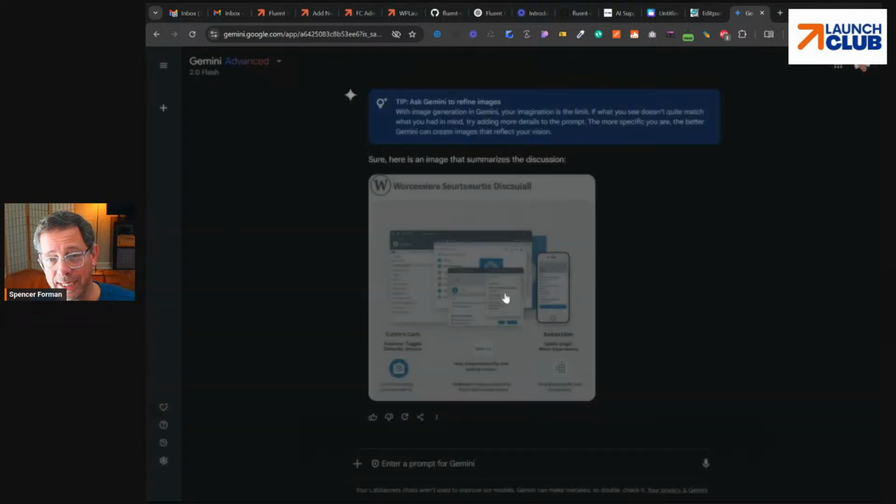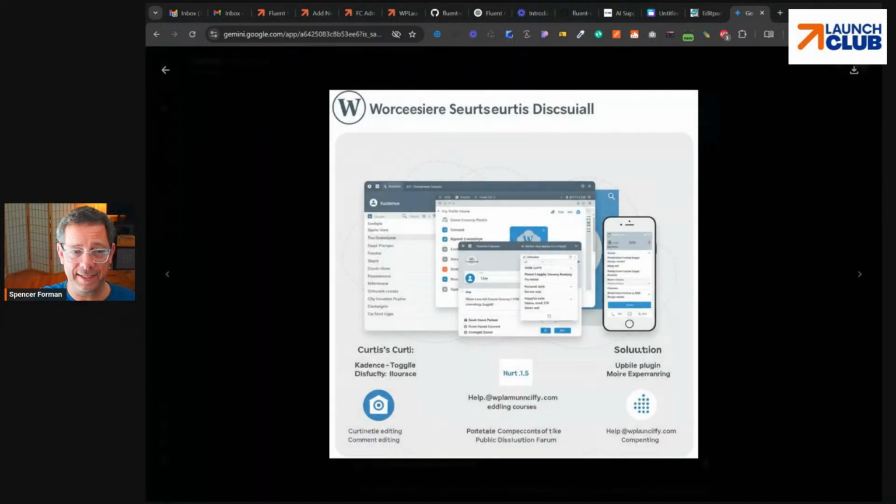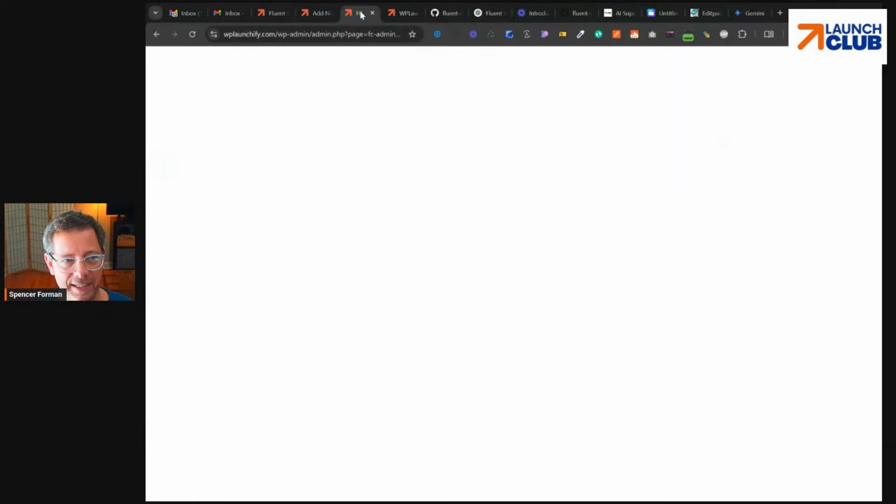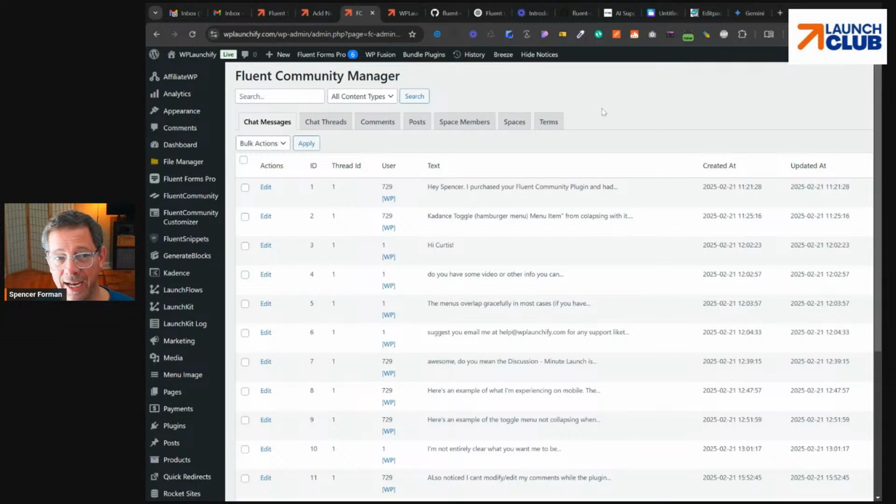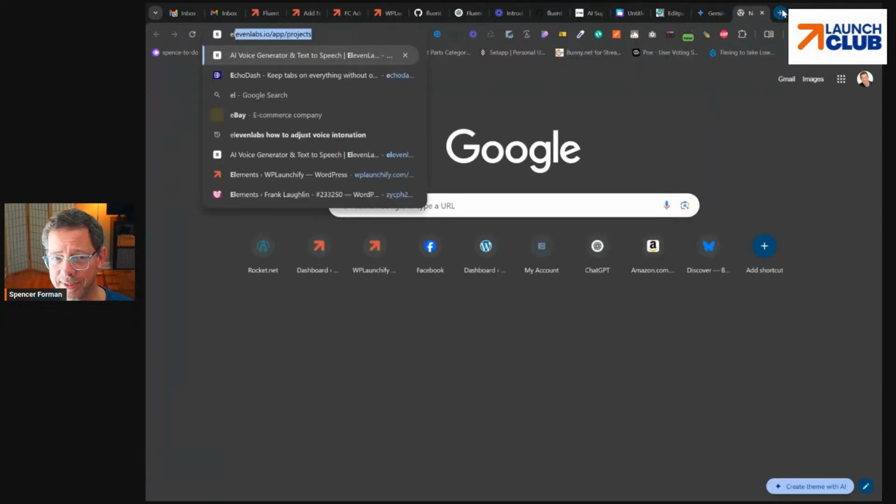Okay. So let's say if we took 2 and 2 and added it together, what I'm getting at is this is a horrific thing, but if you had the data in your Fluent community and you could use it to automatically feed into an AI engine that created other content like a social media post or a blog post, and then it could resave that as responses. And it could create not only images, but voices and other stuff, or even a whole podcast. You see where this is going, right?